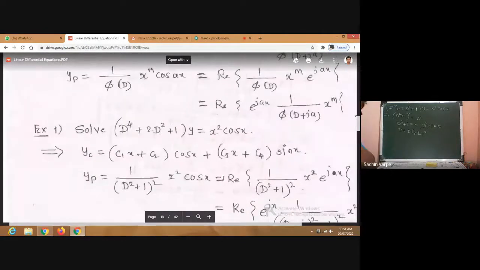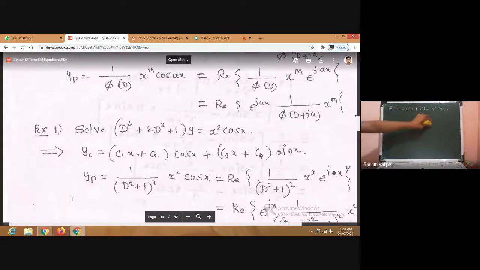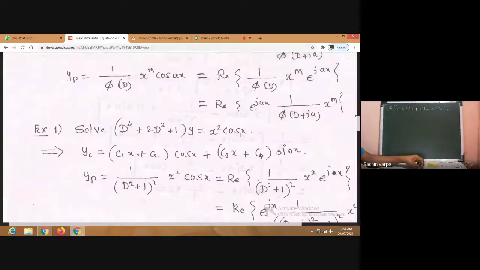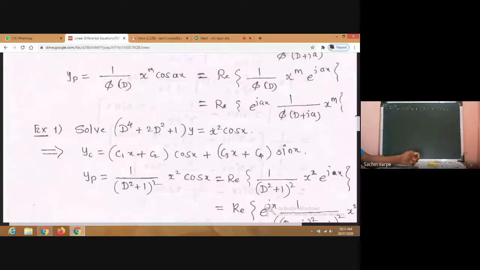Now the next is the particular integral. So to find the particular integral, we will check the right hand side function, that is x square cos x. So we'll think about the shortcut first. Always remember, we'll give the preference to shortcut and we'll check whether the right hand side function is among all those shortcuts. If not, then go to the general method, isn't it?